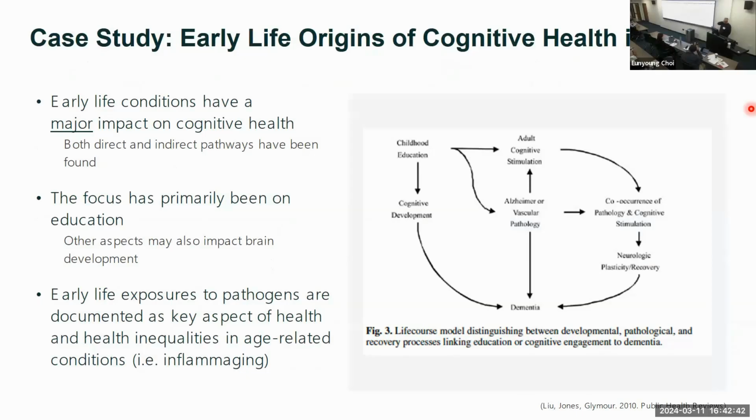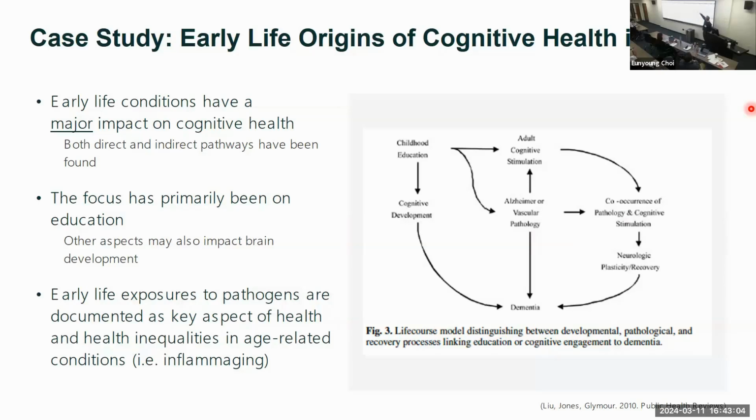So most early life conditions have a major impact on cognitive health. We've seen this in multiple different studies in which, especially educational environment, is being carried forward. But there are both indirect and direct pathways. And this is just from a conceptual model that was published in 2010, but the idea is that child education leads to cognitive development, which then impacts your